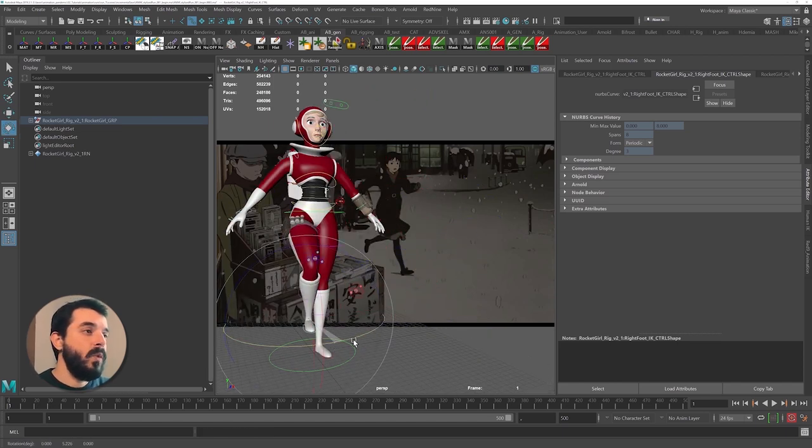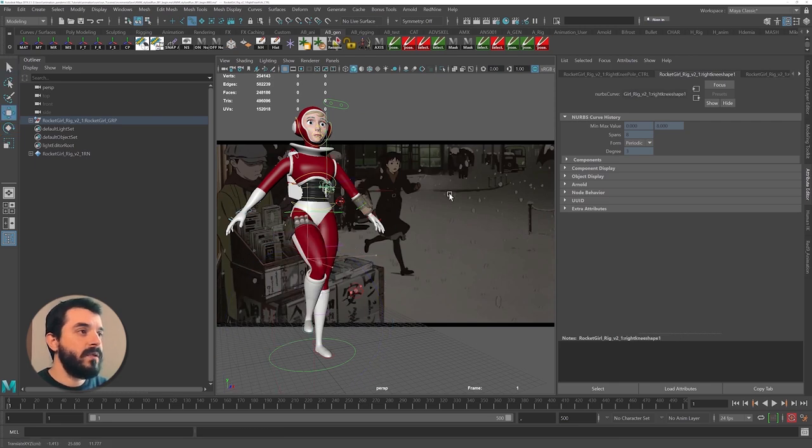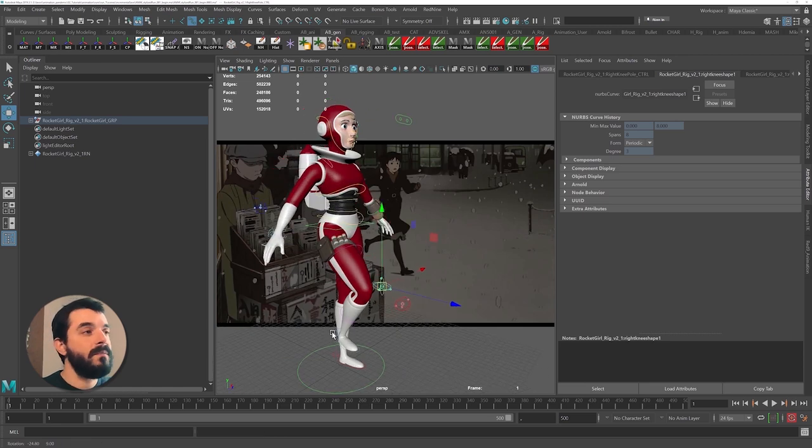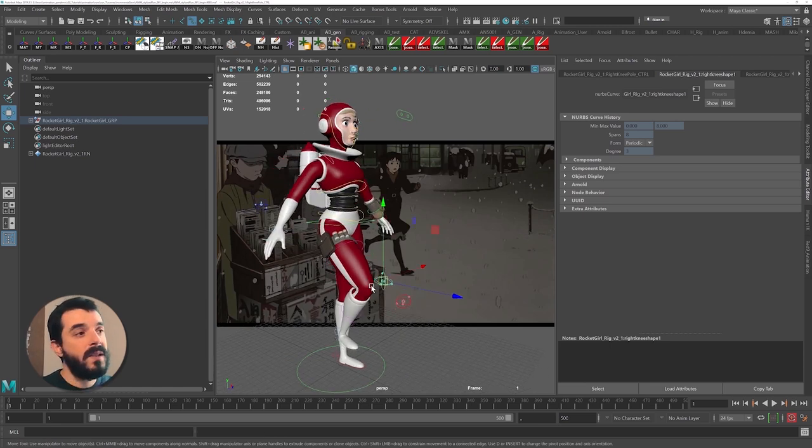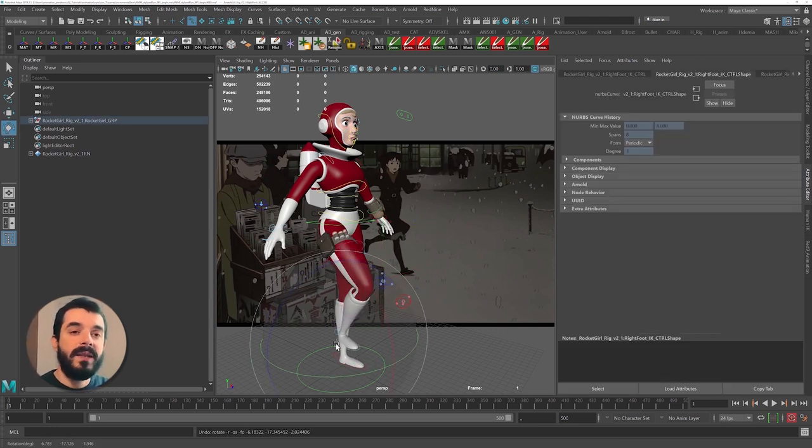However, you notice how when I rotate the foot, the pole vector, this little control in front of the knee, is also moving. Regardless of which rig you're operating, my suggestion for the purpose of this exercise is to make sure that the pole vector is independent from the foot orientation. Otherwise, as you rotate the foot, you will also rotate the knee one-to-one,